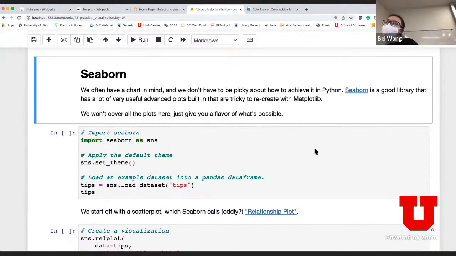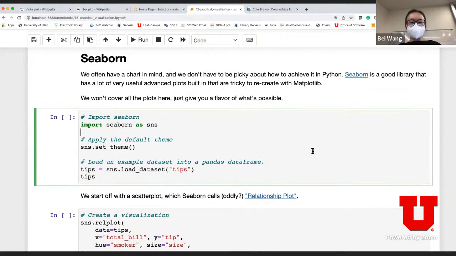All right, let's resume. Sometimes you might not want to use matplotlib, so alternatively, you can use what's called the Seaborn library. The Seaborn library has some plotting capabilities, and we're just going to give examples of those. Again, you import the library, you set a default theme, and then